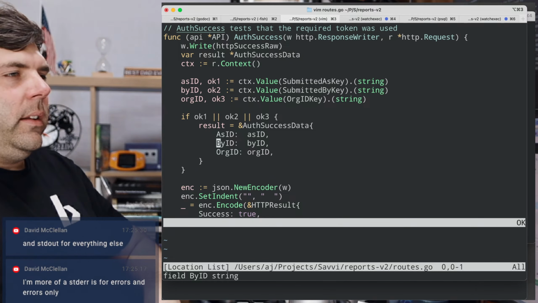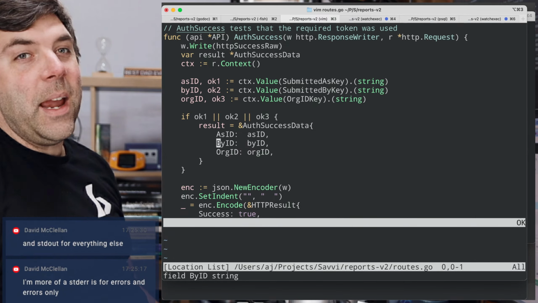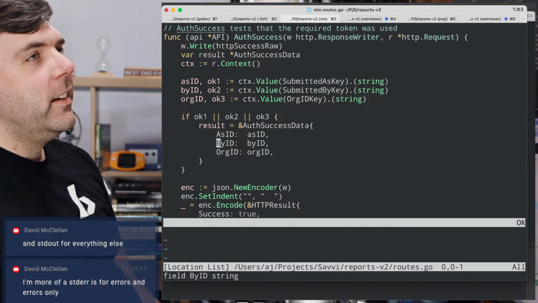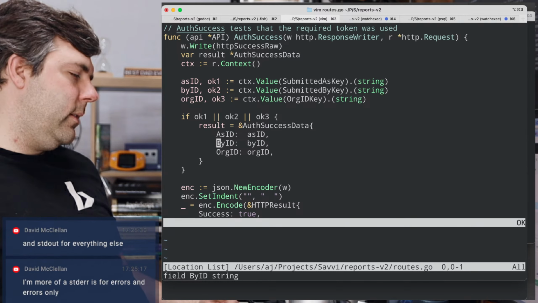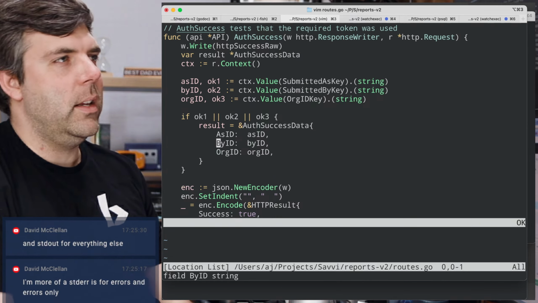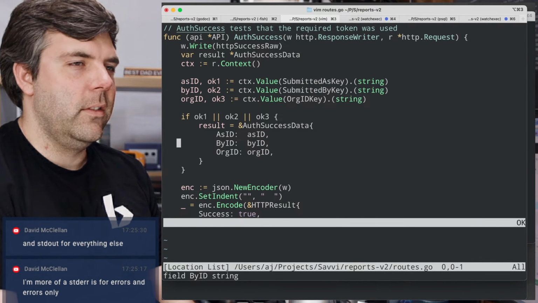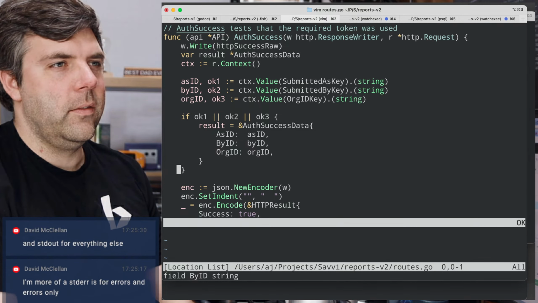That's what it's for. I mean, it does make sense. It is in the name, standard error. But I think of it more as file descriptor 2 that happens to be named standard error. But I definitely think of it more as alt myself.